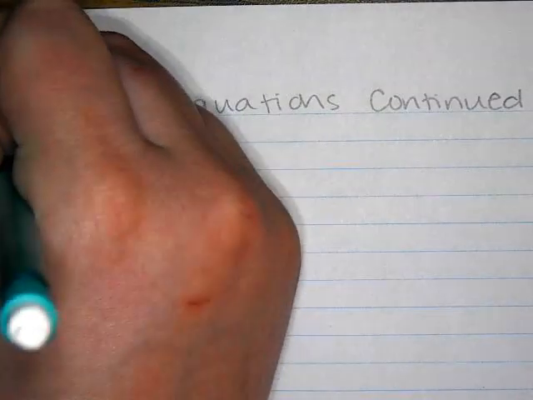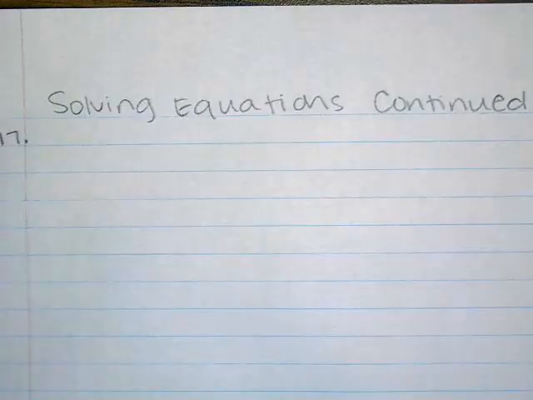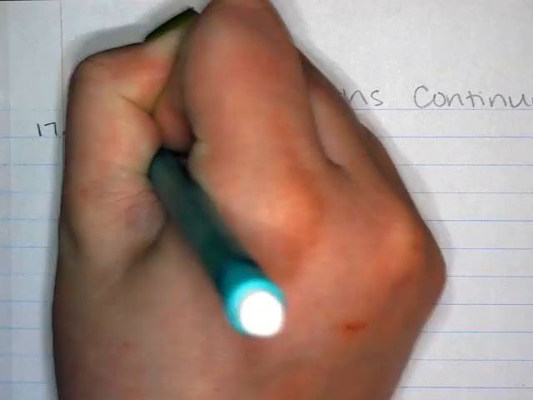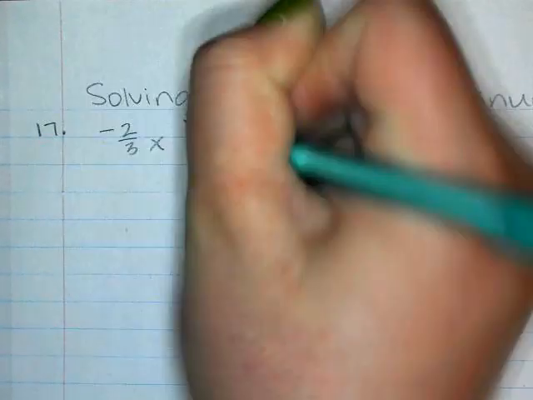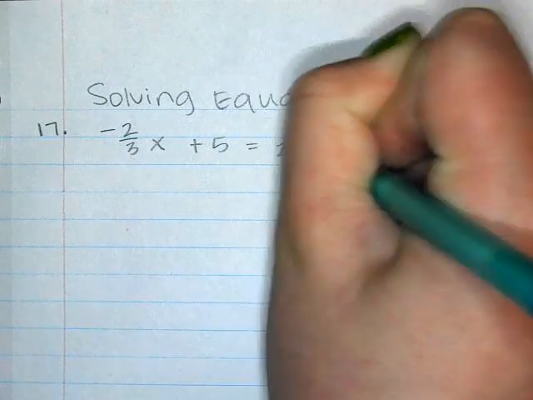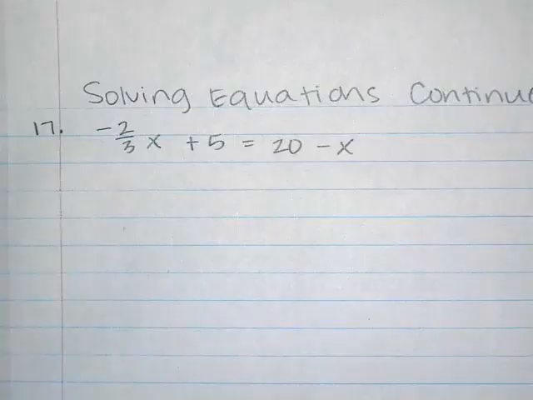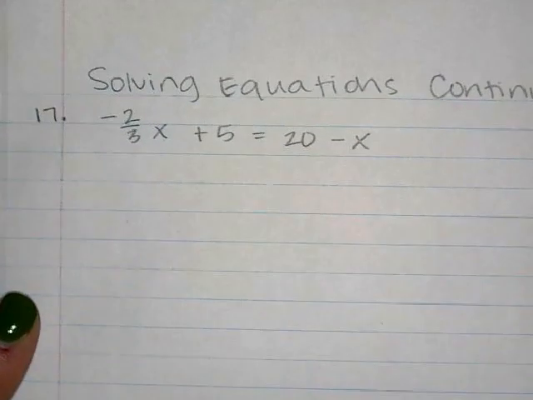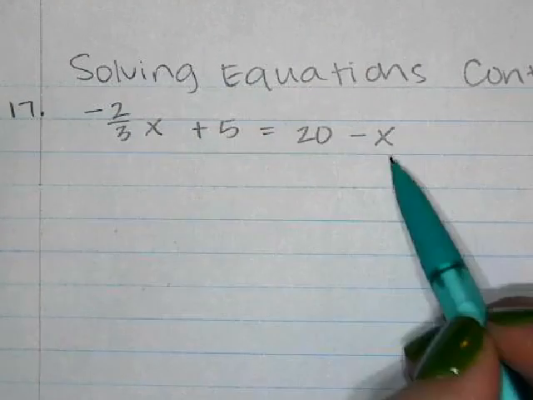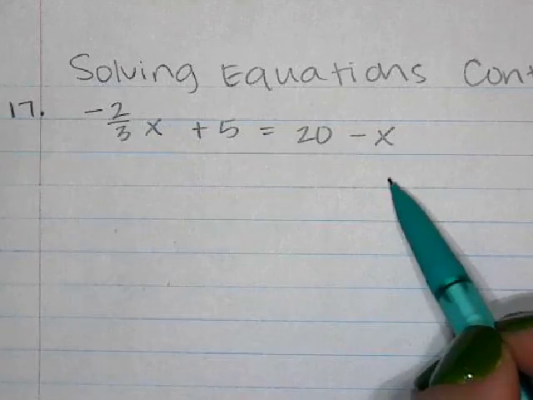So it was number 17 in the zombie book. And the problem said negative 2/3 x plus 5 equals 20 minus x. All right. And you don't have to do this anytime you see an x by itself, but it can be